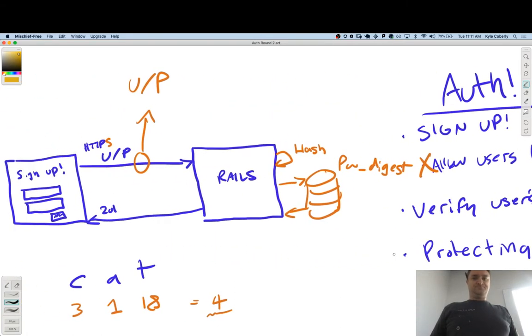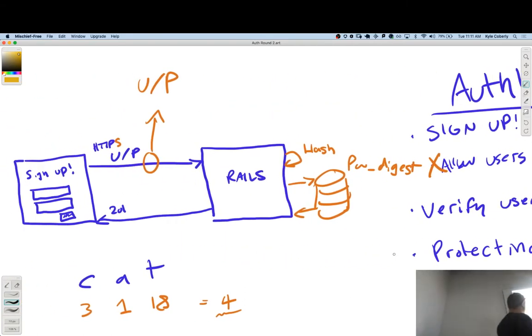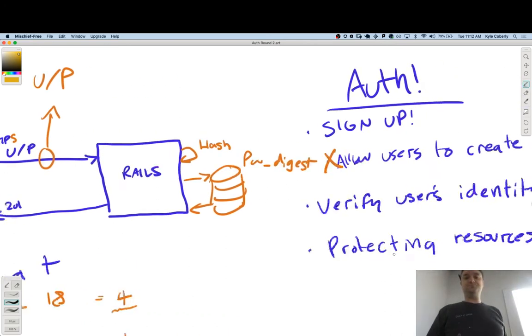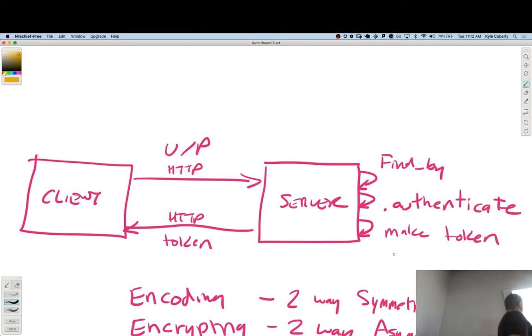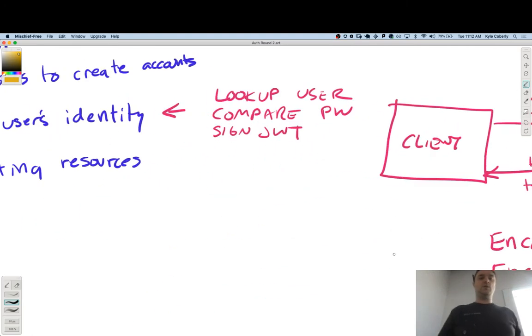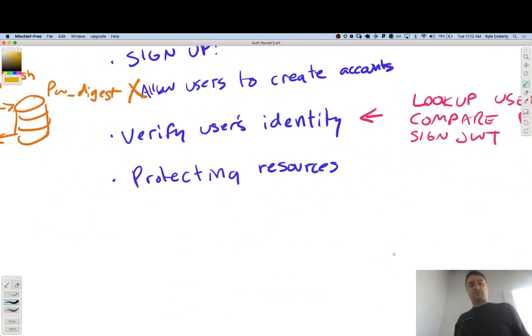So as a review, when a user signs up, they're sending over a username and password. We hash the password, store the username and the hashed password in a user record. When someone's logging in, they send us a username and password. We find their user, we authenticate with the password that they sent us. Assuming all that checks out, we make a token, send it back to them. So now what we're doing with protecting resources